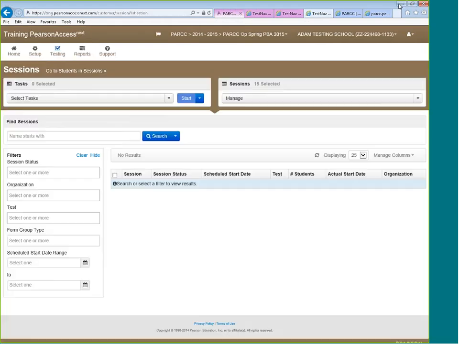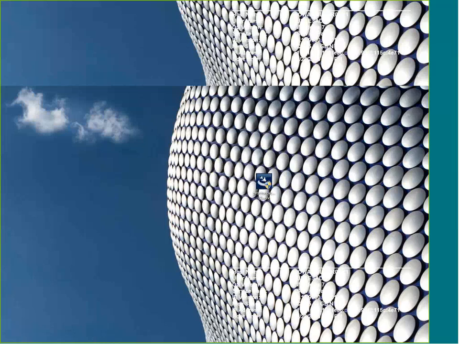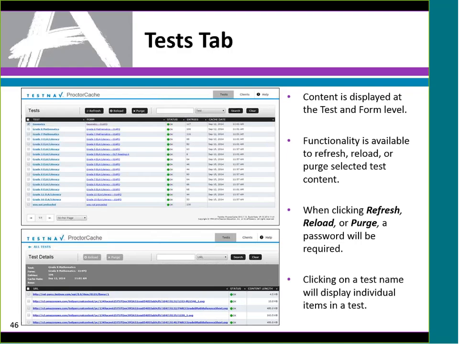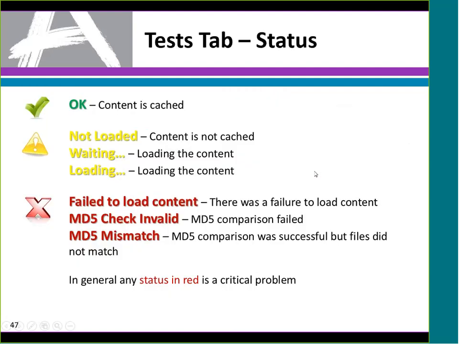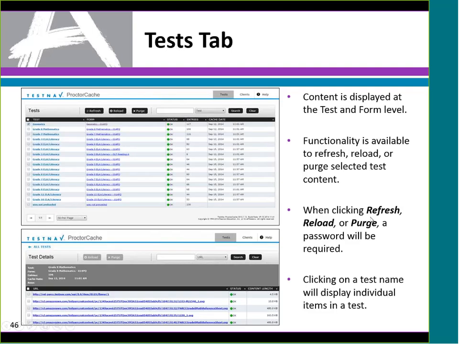All right, well, let me jump back into PowerPoint here. We actually got a ways to go, but a lot of these last slides are screenshots. I'll go through pretty quickly. This is all what we were already looking at in the site there. I guess the one thing I would mention is the refresh, reload, or purge.